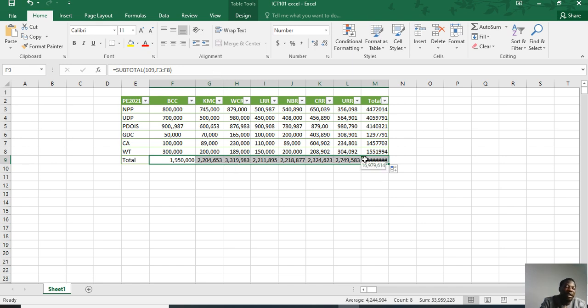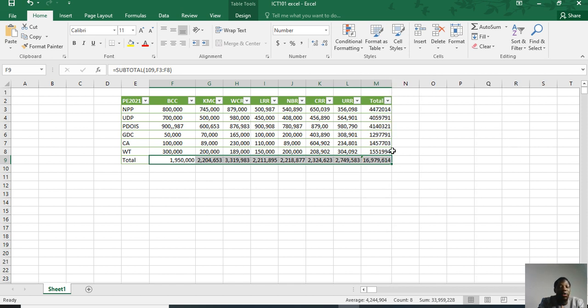But we can see something like this, which is a hash value. It's not an error message. If you take your cursor over it, it will give you the figure, which means there is no error, the value just doesn't fit inside the cell. What you need to do is take your cursor above and double click on it. It will expand the cell for you and give you the total number of votes, the total of the whole total, which is here